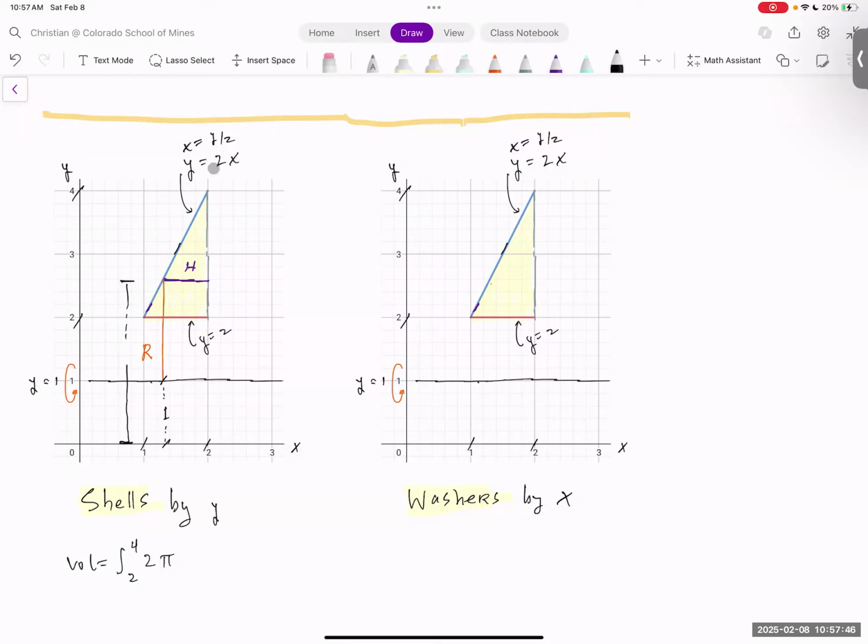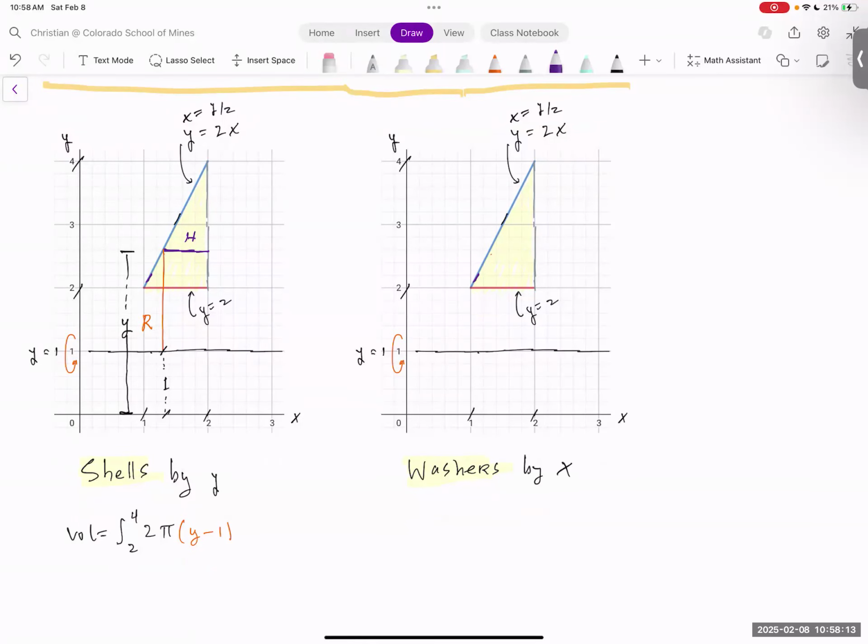The curve was y equals 2x, and again, we're integrating by y, so this vertical distance is either 2x or y, and we're going to write it as y. So our orange r distance for the shell, the distance from the axis of rotation out to the height, is going to be y minus 1. So our big R there is going to be y minus 1,